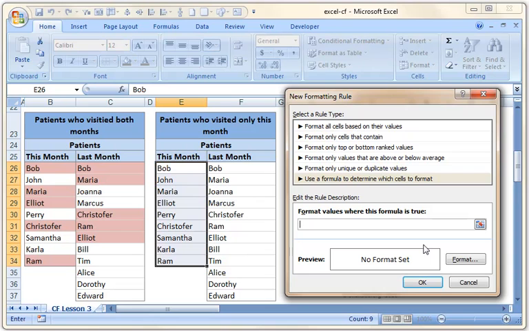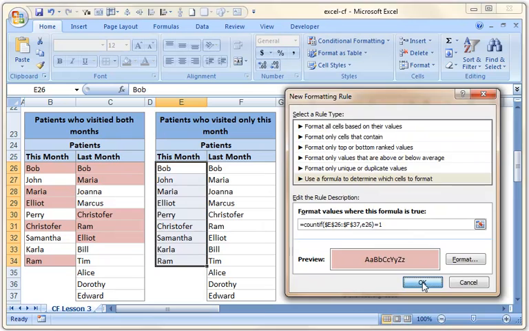COUNTIF, we want to count all the values in this range, then E26, is it 1? What we want to ensure is that the person Bob in this E26 cell should have occurred only once in this entire range. Okay, I guess that since we are only checking for the values in this month column, it works perfectly alright. So for this month, for each person, the Excel is going to see how many times the person has occurred in this entire range,